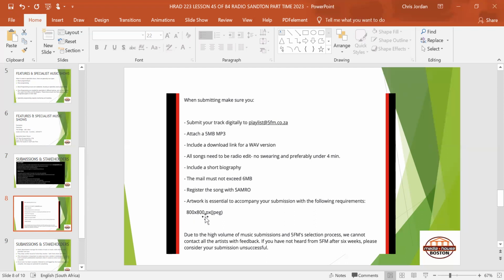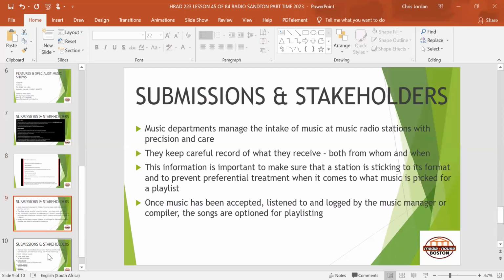The artwork that you do want to also include will have some requirements, depending again on station to station. So 800 by 800 pixels at a minimum, and you can probably then also submit a higher resolution image of yourself. It always does help to do that. Okay. So